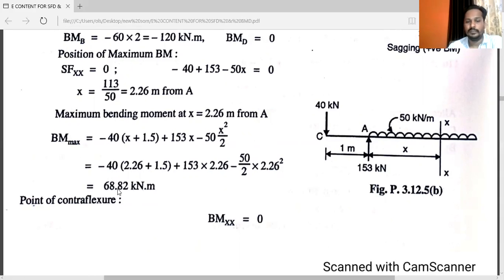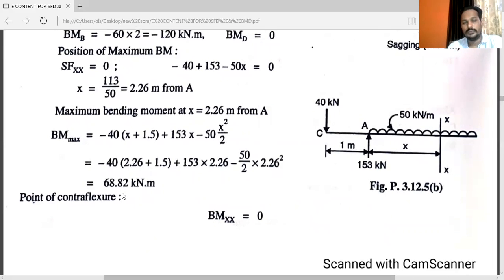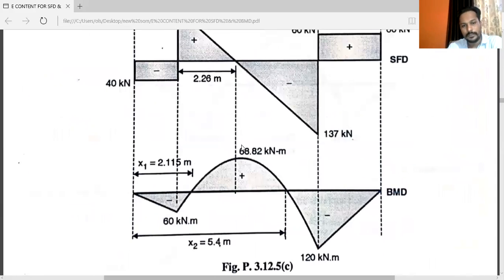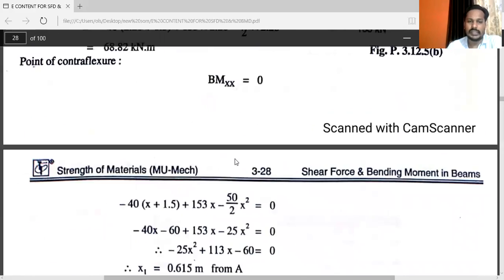Now you have this value. This one is the maximum bending moment point. You can see here, whenever you will draw parabolic curve, you have to take maximum distance as 68.82 here. And next one,